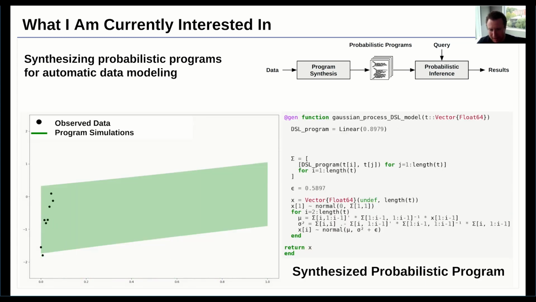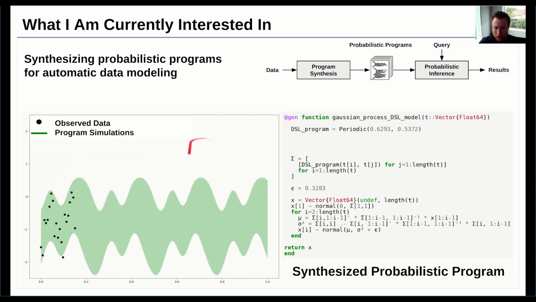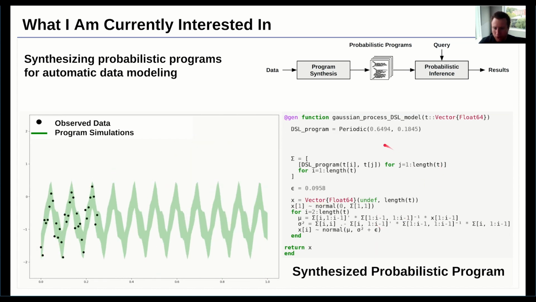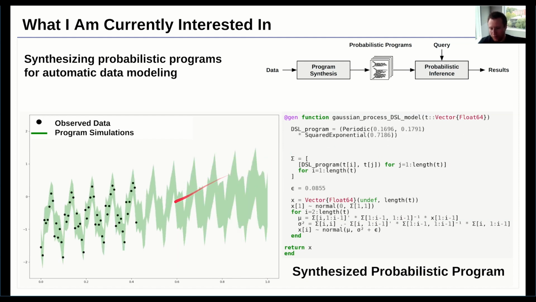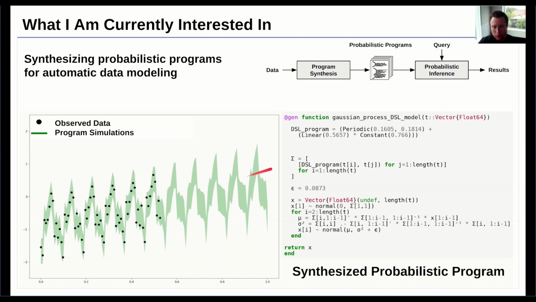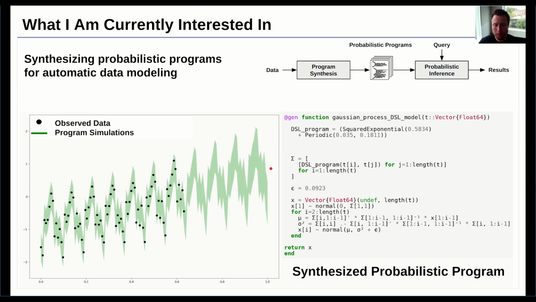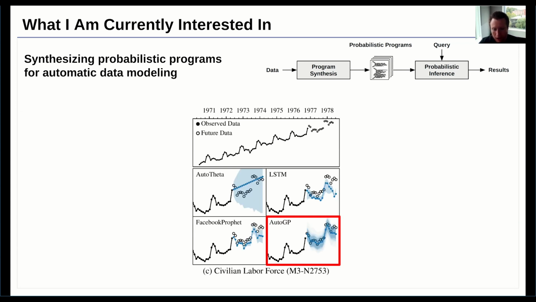Probabilistic program synthesis is this idea of using the observed data on the left to synthesize a probabilistic program on the right that captures the essential features of the data, which can then be used to formulate predictions of future data, which are shown in green. So here we're automating the process of constructing these probabilistic programs, which we could then use to solve a range of downstream tasks. It turns out if we actually evaluate these quantitatively on real-world economic data, the forecasts are very competitive with solutions from machine learning, statistics, and other approaches to forecasting.